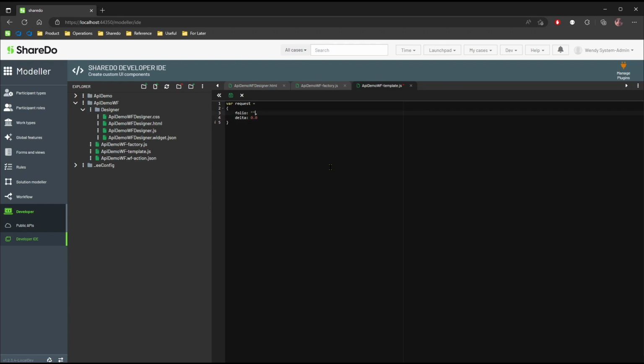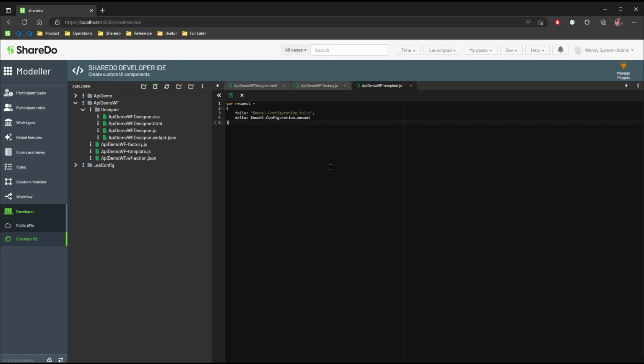Now, I've got my configuration model passed into this. So this, don't forget, is the code generation template. In here, I've got access to change the code that's being generated based upon the configuration that's in my model. So I can go $.model and it'll do replacement of the values that are in my model, and my model contains configuration.folio. When it does the actual code generation, this will get changed into var request folio, whatever we've actually set in the configuration from the workflow step, and the delta is just going to be